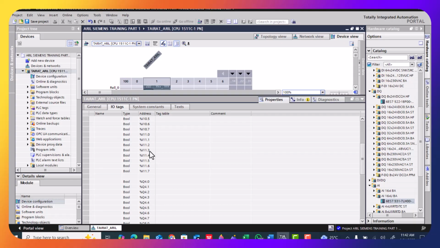For the Boolean, you can see our addresses start from I10.0, then I10.1, I10.2, I10.3, I10.4, I10.5, up to I10.7. That's the first byte. Then we have I11.0, I11.1, up to I11.7. That's the second byte for the input. For the output, we have Q4.0 up to Q4.7. That's the configuration for the